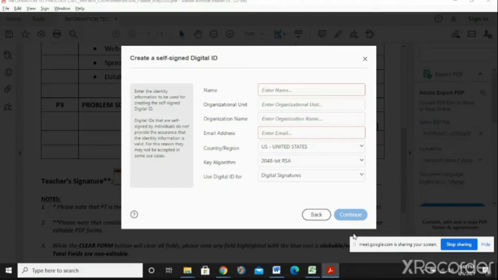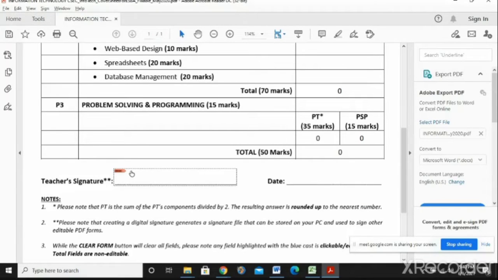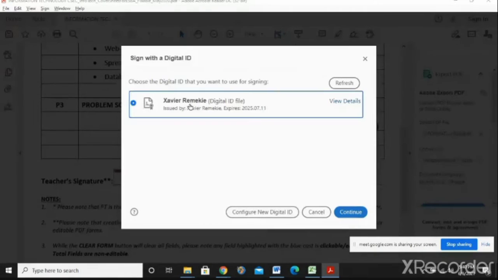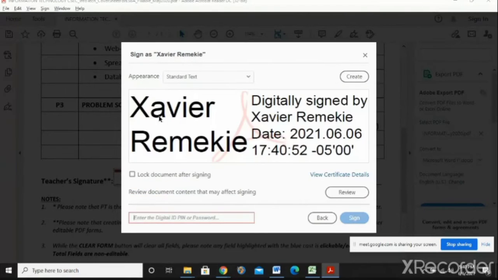If it asks you to save it somewhere, you can do that, all right? In my case, I already have one, so I can just click on it and continue, and it should go through. So this is what it will look like afterwards. Xavier Mickey, digital signature, date when it was originally done. This was done, and this is one that I was working on today, to not mess up the original one. When you create the one that you had before, it will ask if you have a password,